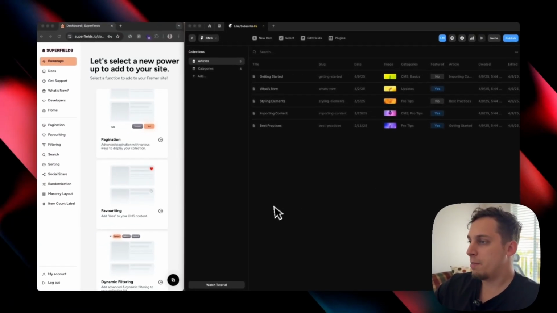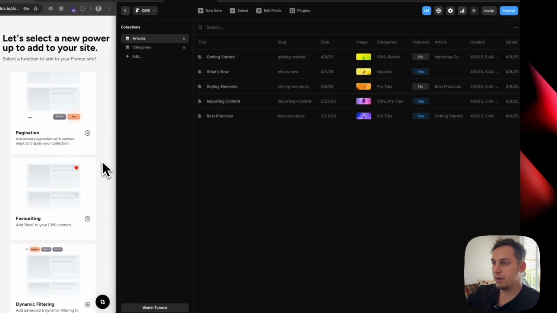And by the way, you can remix this Framer project, which is the one that I was showing you earlier. It gives you a quicker guide for getting started, and Insert Frame provides great quick video tutorials on how to set everything up. In this case, the first thing I want to do is copy this component, Superfields, and paste it below this